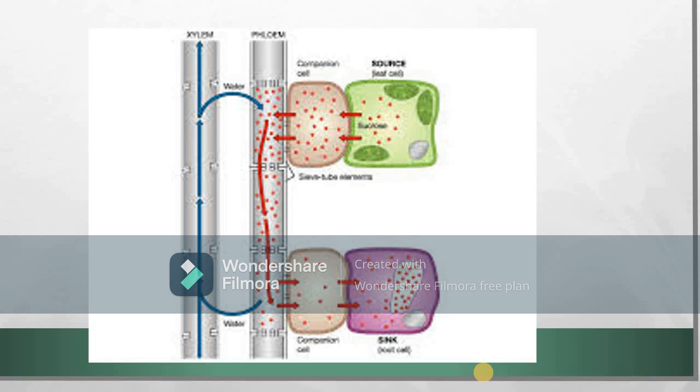At the source, food is moved by active transport into the sieve tubes of the phloem, and due to the presence of sugar in the sieve tubes, their solute concentration increases and water enters them from the xylem. While at the sink, food is unloaded by active transport, and water also exits from the sieve tubes. The exit of water decreases pressure in the sieve tubes, which causes a mass flow from the higher pressure at the source to the lower pressure at the sink. You can see this through the example. Here it is coming with a higher pressure, while later its pressure is lower.